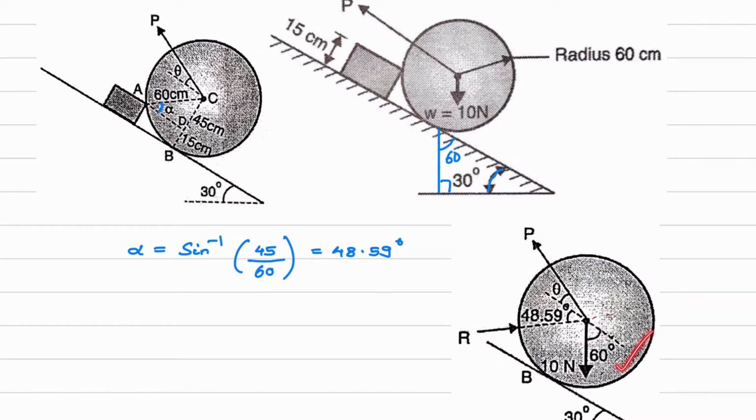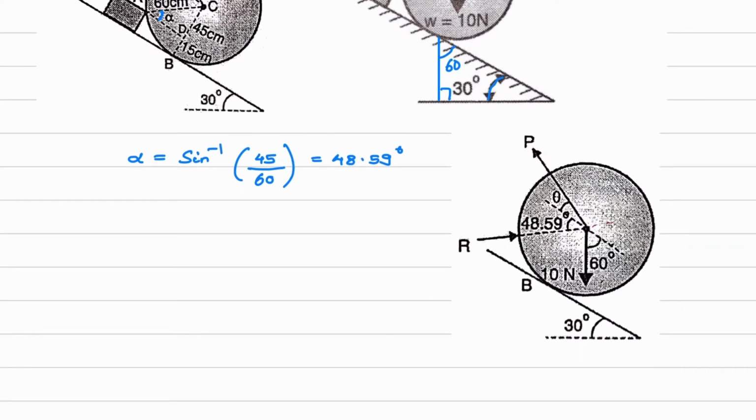Okay, now after showing this angle, we have drawn the FBD, and if you see all the forces, how many forces are there in this case? 3 forces are there. One is the applied force P, then the reaction is there, and the downward weight of the cylinder is there. Okay, so basically what we can do after drawing this is change the nature of all the forces. Either it will be push nature or pull nature. So P is already in pull nature, it is acting away from the body. Then 10 Newton is also acting away from the body. So I'll transfer this R in this direction. Okay, so this will be R, the reaction.